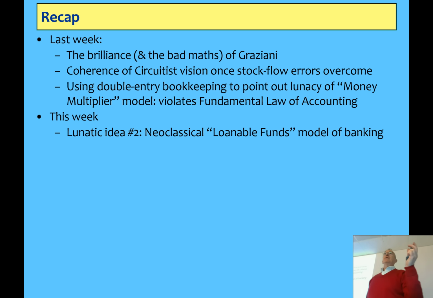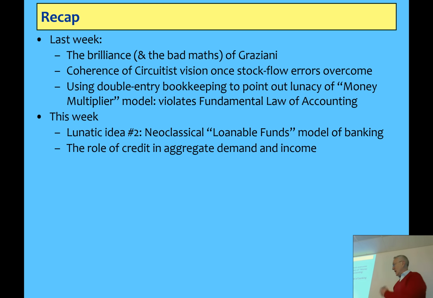The total imbalance you'll get in assets and liabilities, and the total instability of the system. I'm getting so sick of people still believing it. But the other lunatic idea is the neoclassical vision of loanable funds. I'm emphasising neoclassical there because I know there are various debates in post-Keynesian economics about the actual nature of loanable funds. I'm simply going with the absolutely core difference between loanable funds and endogenous money, and that is that the loanable funds model treats banks as simply intermediaries. They arrange loans between other people. They don't originate. And that leads on to explaining the role of credit in aggregate demand and income.